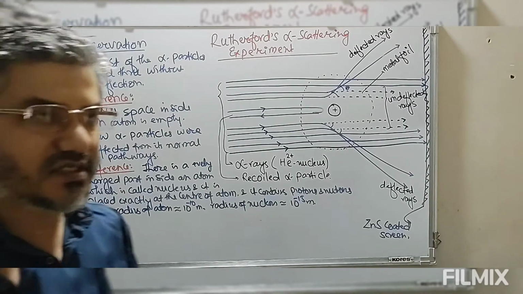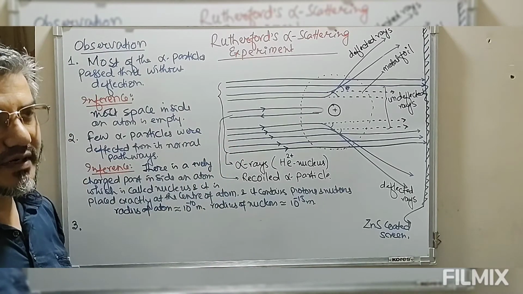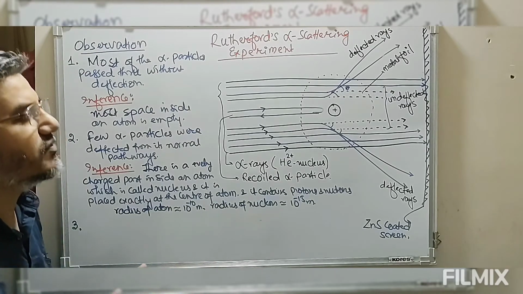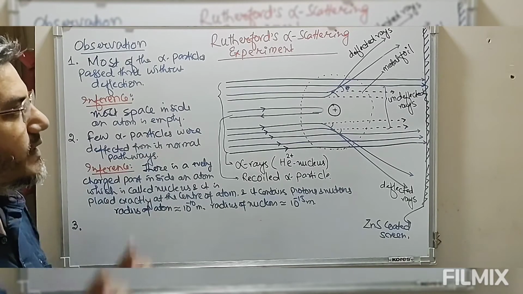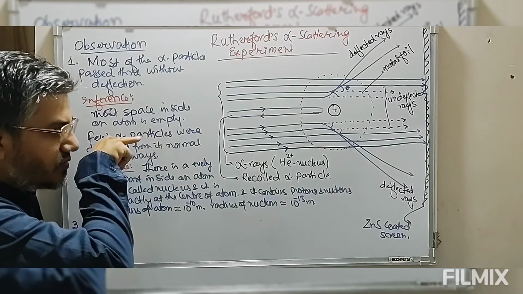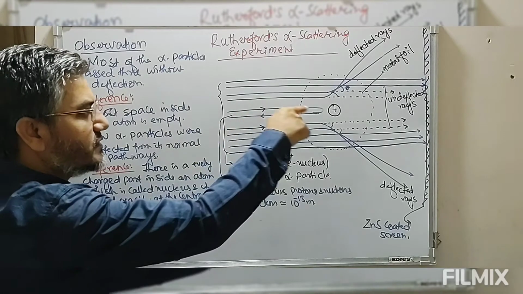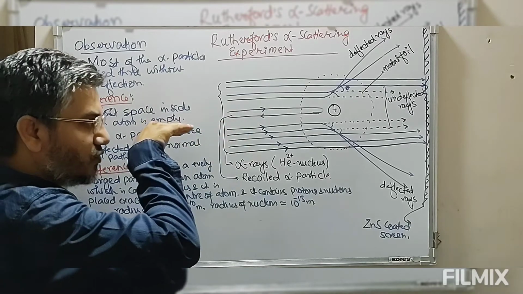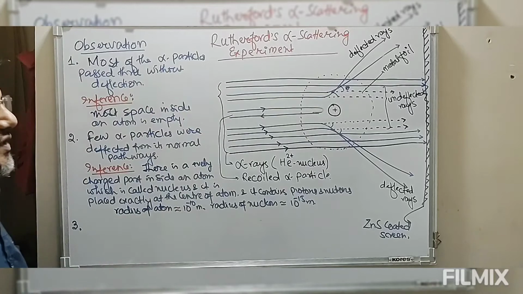Then the third observation he made from this alpha scattering experiment is very few alpha particles. So 1 in 20,000 means out of 20,000 alpha particles, one particle was found to deflect by 180 degrees. That is what he calls recoiled alpha particles. So these alpha particles were passing through this metal foil. After reaching a certain point, this is found to recoil its path. That means if suppose this is going this way, exactly after reaching the point this is coming backward.